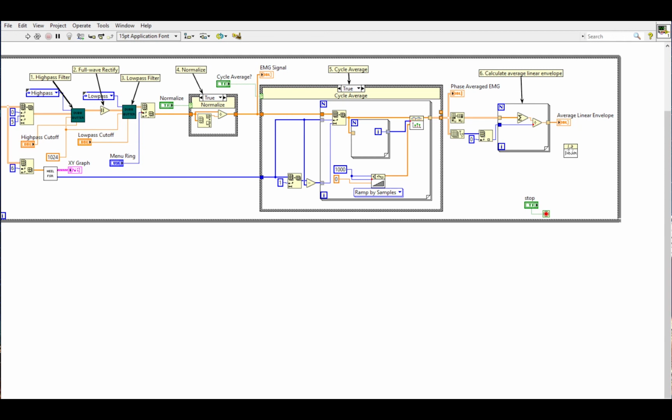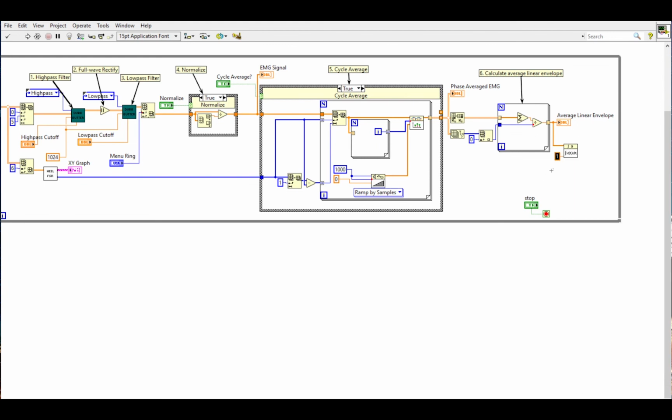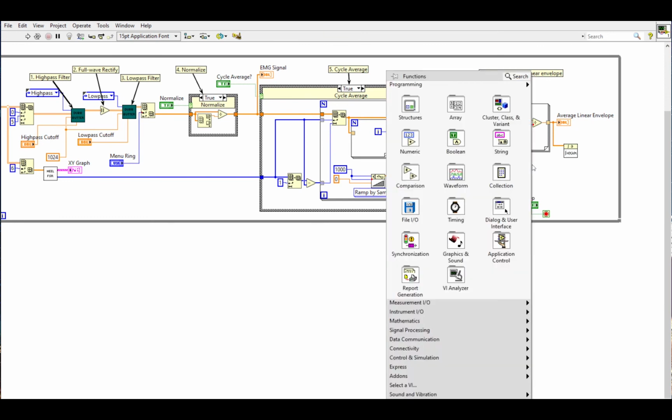To do the integral, we can simply take the integral VI, plug in our data, we'll set our dt, or the time difference, and this is going to be 1 over our sample rate, so we have 1024,